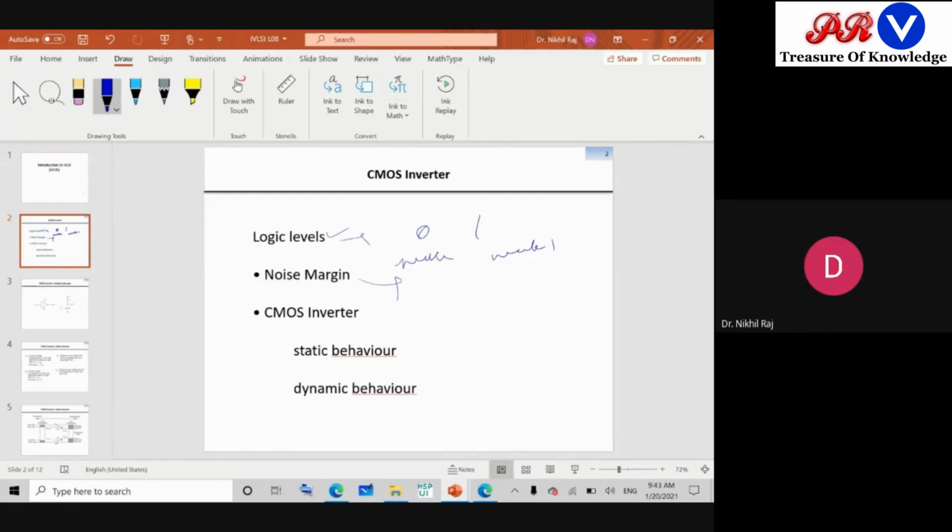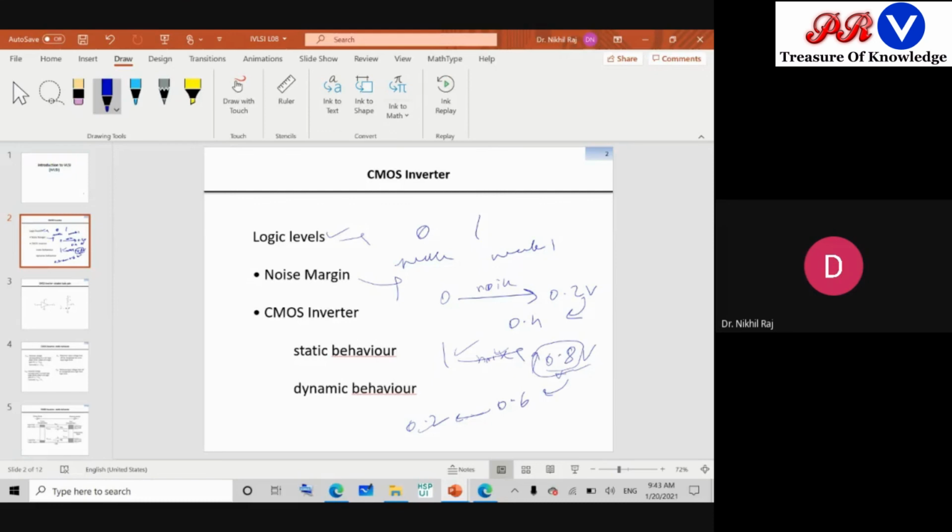Then we'll go for the noise margin. Noise margin is the case where we are transferring 0 and 1. What happens when we transfer is that due to noise, this 0 can come to 0.2 volt, and this 1 can be degraded to, let's say, 0.8 volt. Generally it degrades down, due to noise it can degrade to 0.8. If I propagate 0.8 further, it can go to 0.6, then 0.4, and as I propagate further, one time it will go to 0.2. So due to noise these logic levels are degrading. This is due to the wire noise or the transmission medium, like when we are transmitting 0 and 1 in air.